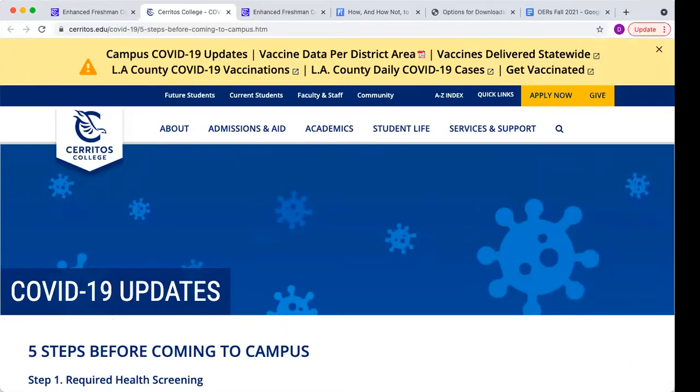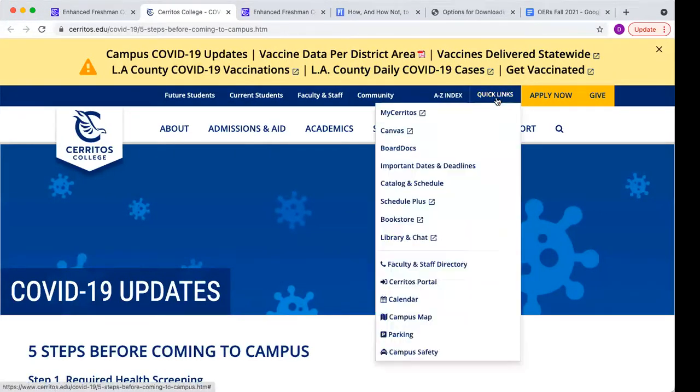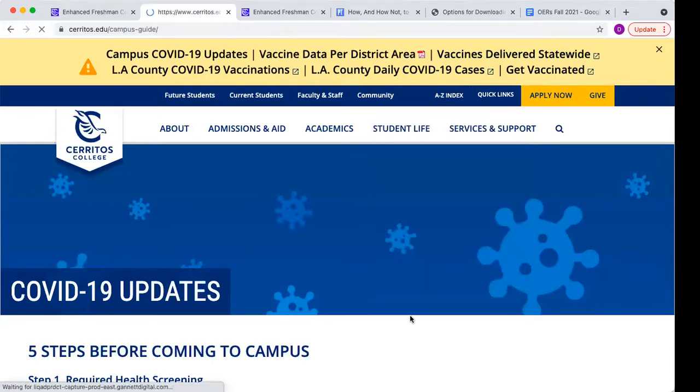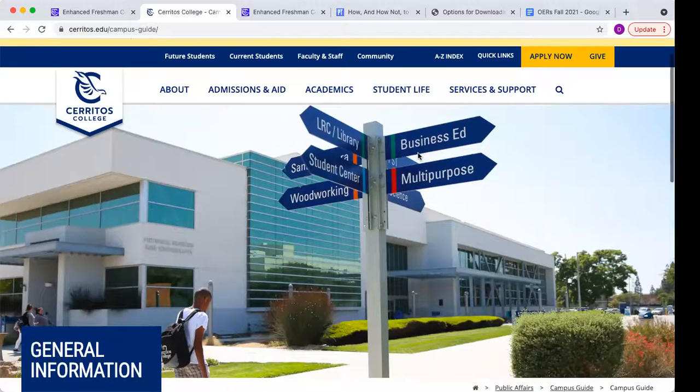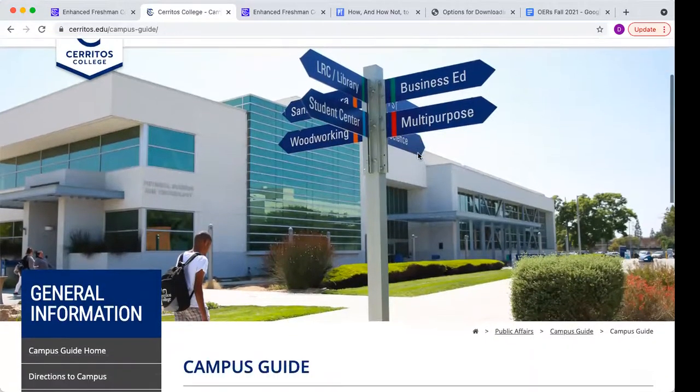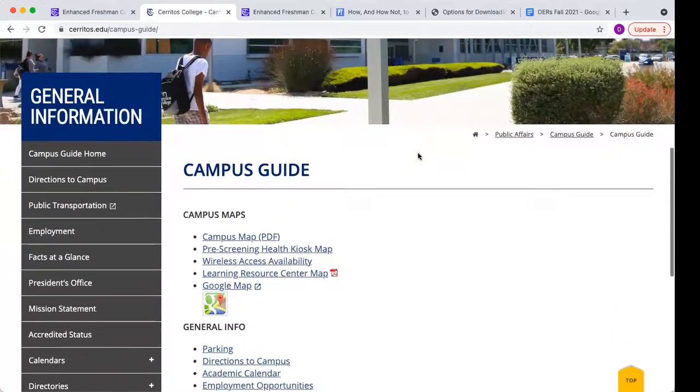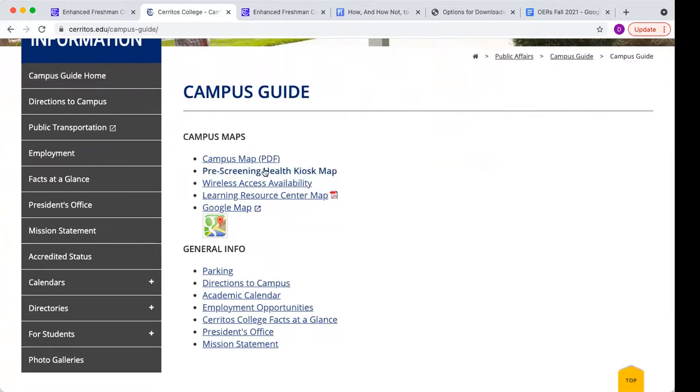Okay, so there is a map. Let's see if it's on the quick links. Okay, so from the campus homepage, you can see the top menu. It says quick links. Go down to the bottom. It says campus map. All right. Let's see. So that is the physical science building, but let's see if we go down a little bit further. Okay. What I would recommend is that you check out the PDF of the campus map. Okay. And that'll guide you to where you need to be on campus.